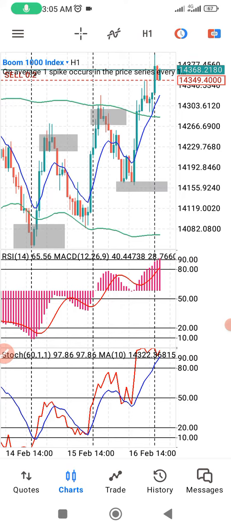So knowing all these structural points, these are the areas I want to see price come to. So for us to buy Boom,